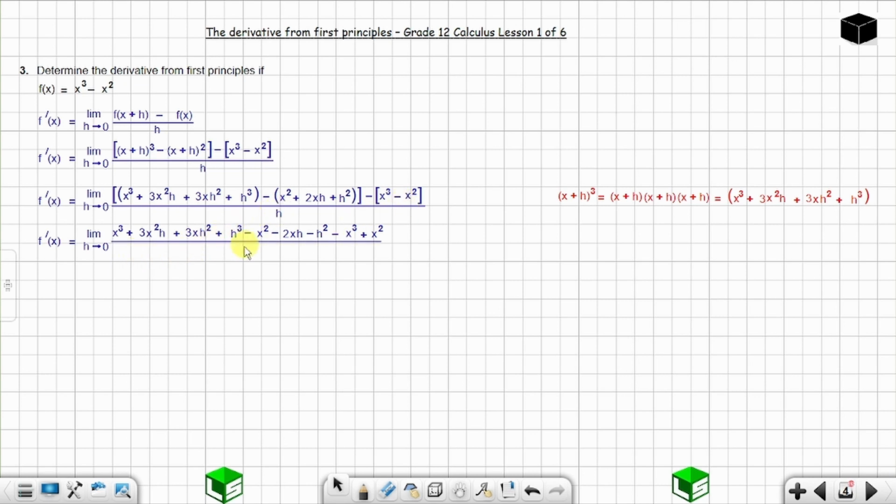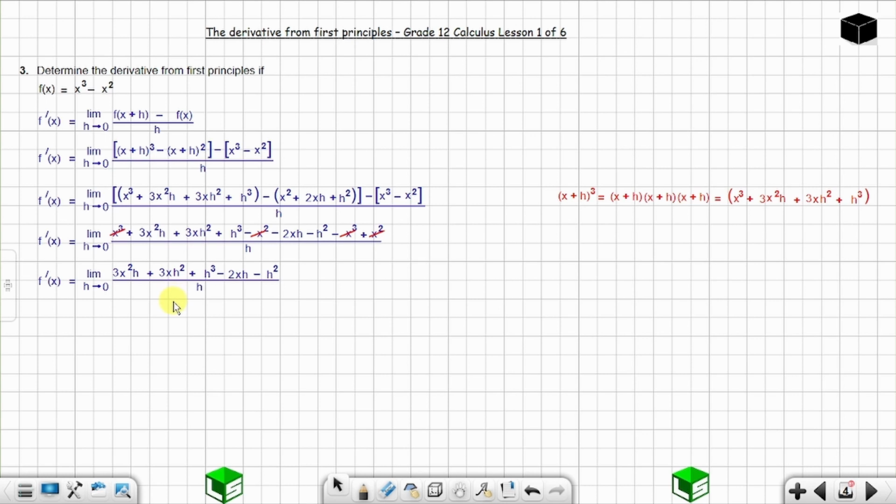This is over h. Now you have x cubed minus x cubed, which is 0, and you have minus x squared plus x squared, which is 0. You only remain with the terms having h in them. So f prime of x is equal to the limit as h goes to 0 of these remaining terms